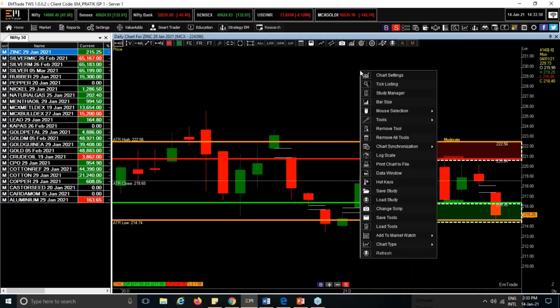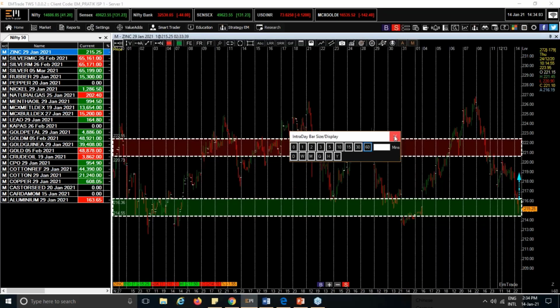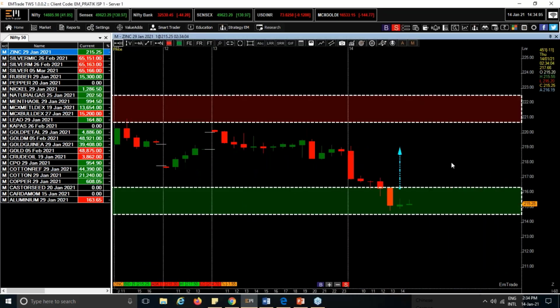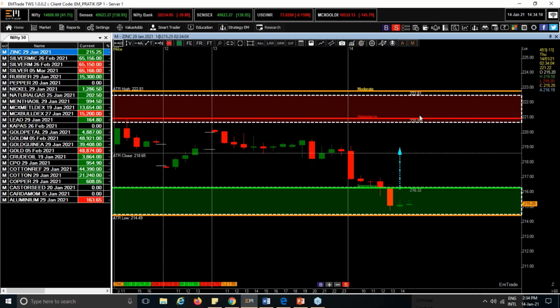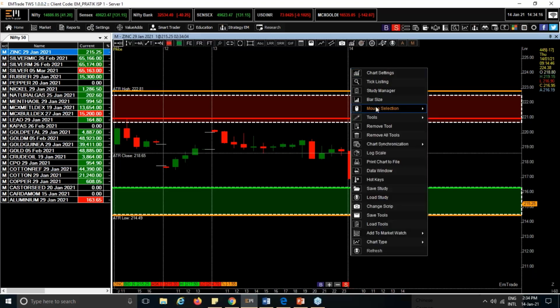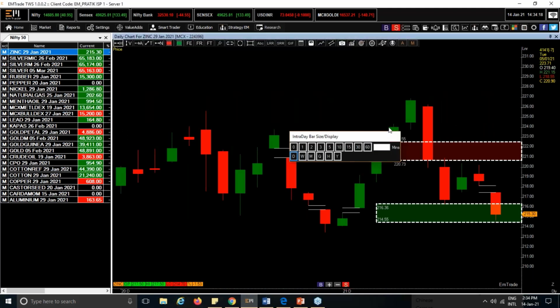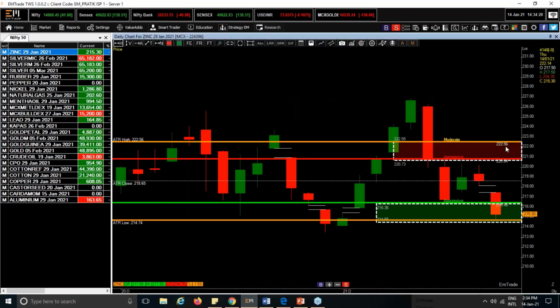Tiger, what is the reading on the 60 and 120 minute charts? If you check the same chart on the 60-minute time frame for your zinc, the same levels appear. This is a very unique USP, Tiger. Your value does not change, it remains static. If you use the daily time frame and check the levels, the same levels 222.56 and 220 are the resistance levels, and accordingly you have the downside levels 216 and 214.